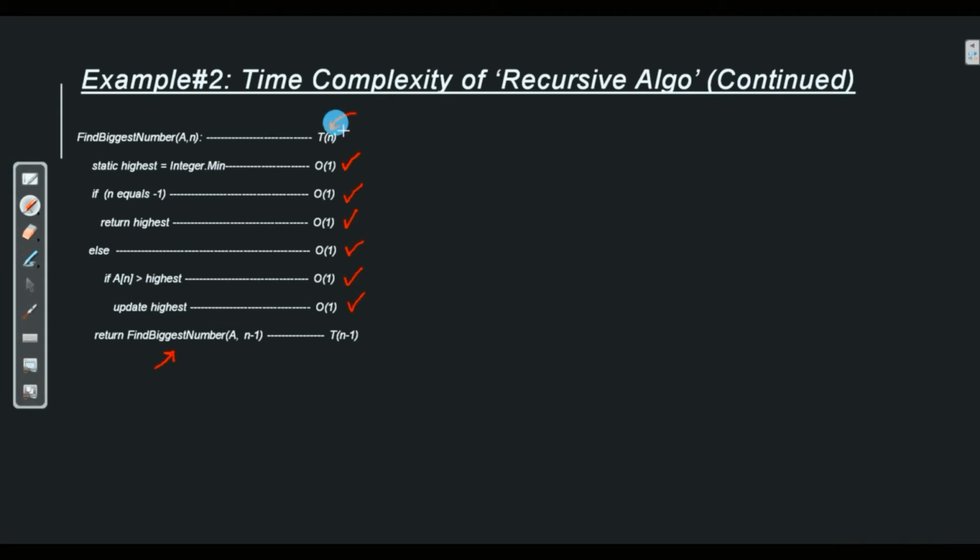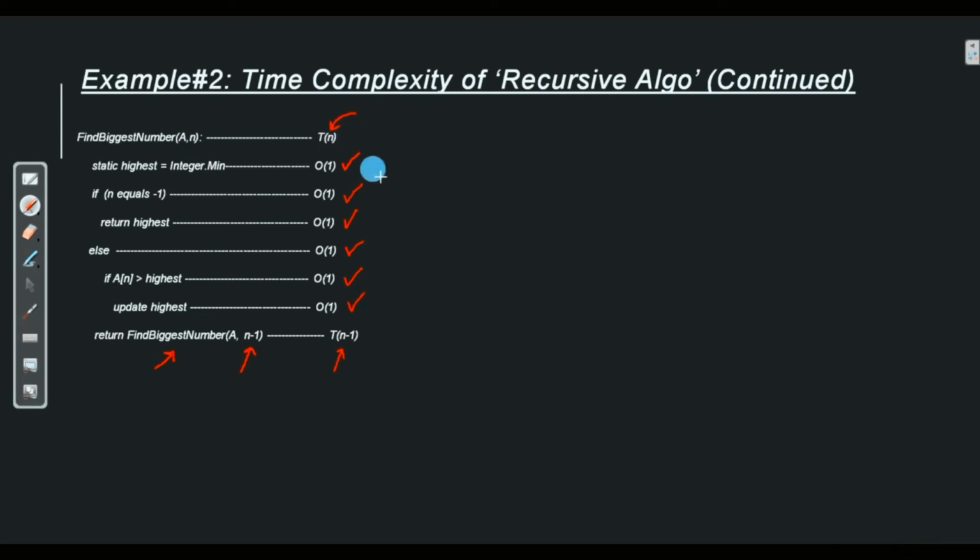Now if we assume that it's going to take T(n) time, then if we replace the value of n with n-1, we get another function which takes T(n-1) time. So what have we done? We have simply replaced this n with n-1. So we arrived at T(n-1).